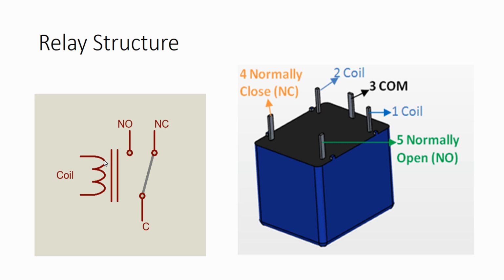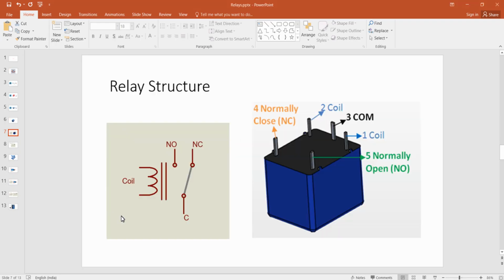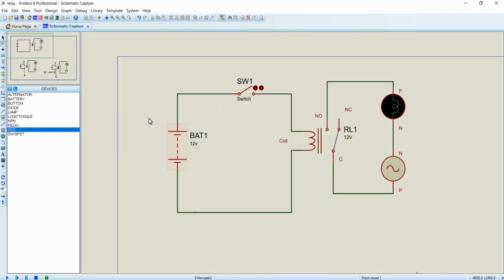This is the simplest operation of relay, and let's understand this with the help of simulation. And you can see this one is the 12 volt battery, and here the negative terminal is connected to one end of the coil and the other end of the coil is connected to the positive terminal through this SPST switch. And you can see here the common terminal is connected to the phase of the power supply. This is from our home socket, and the neutral of the power supply is connected directly to the neutral of the light bulb, and the phase of the light bulb is connected to the NO terminal.